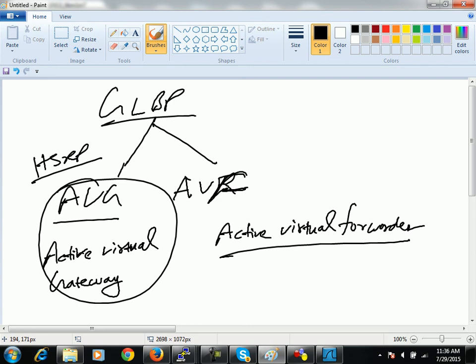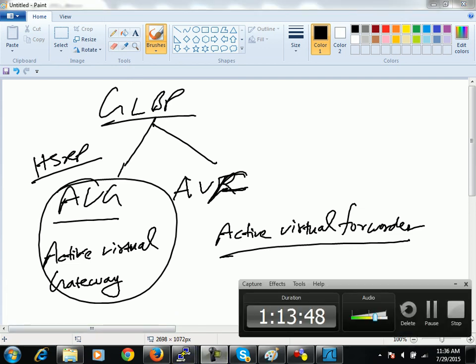Now we'll configure it tomorrow, because the configuration is slightly different. Do one thing, just read GLBP by yourself once, so that tomorrow it will be